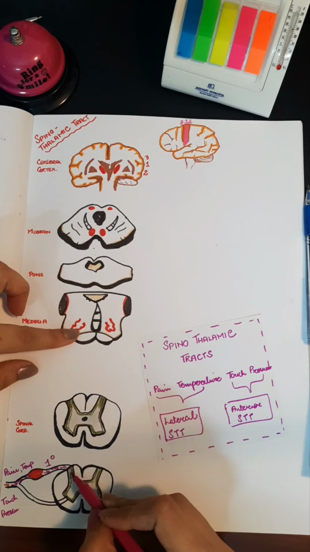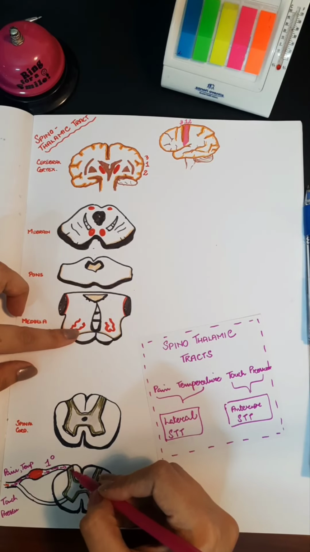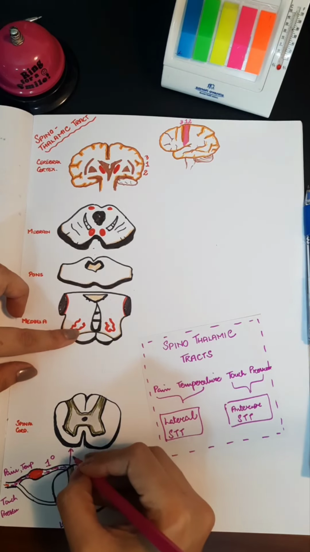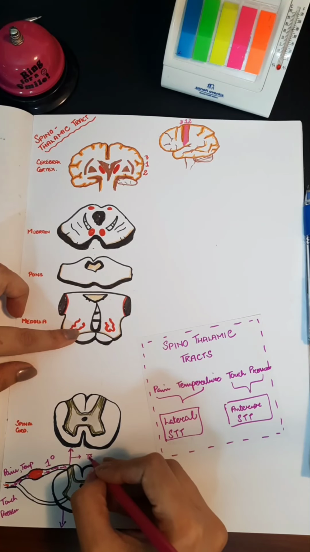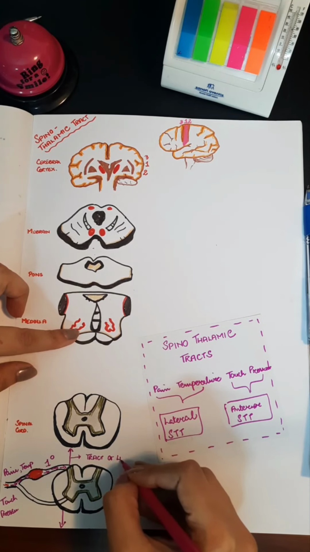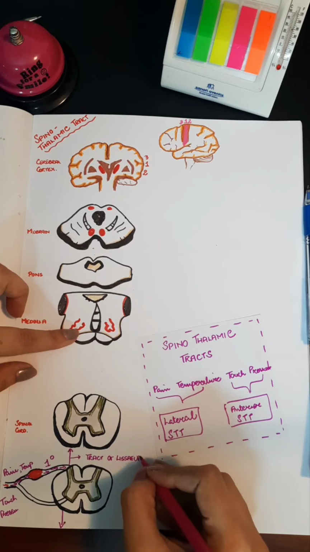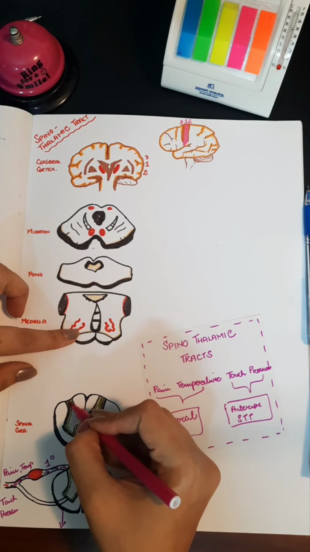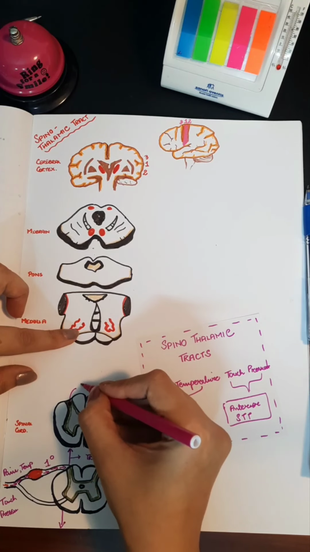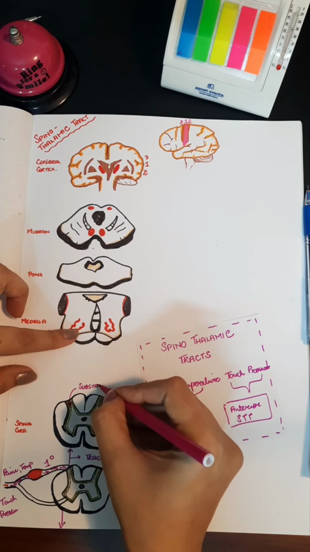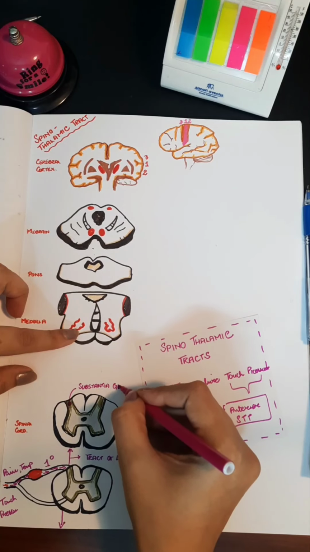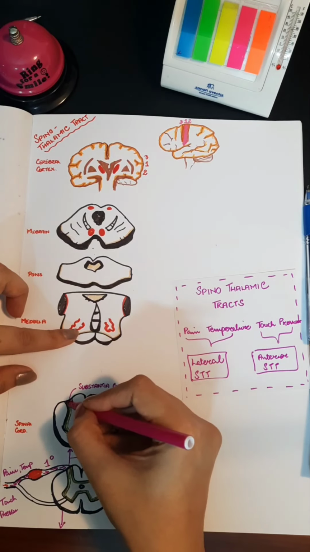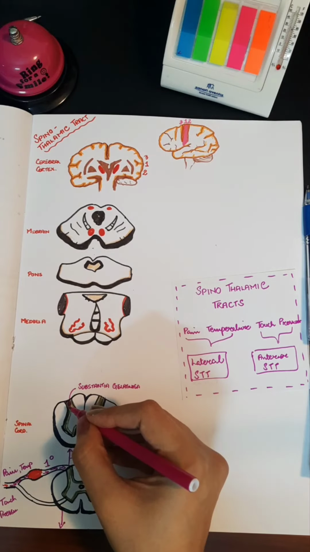These neurons enter the spinal cord, but before synapsing with any other neuron, they ascend or descend for one or two segments of the spinal cord. And by ascending or descending, they form an important tract called the tract of Lissauer. Once they do so, they reach the appropriate level of the spinal cord, and finally they synapse with the cells in the posterior horn, which are the substantia gelatinosa. So after synapsing, these neurons become the second order neurons, and I'm going to show them in a different